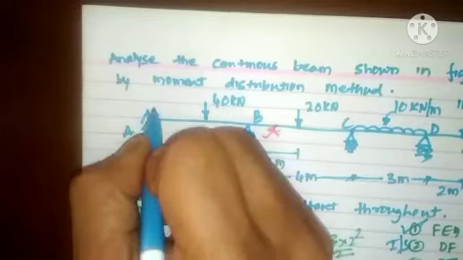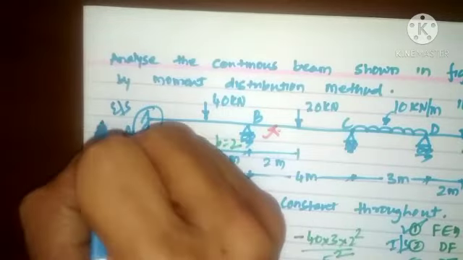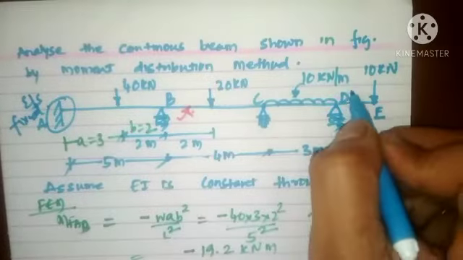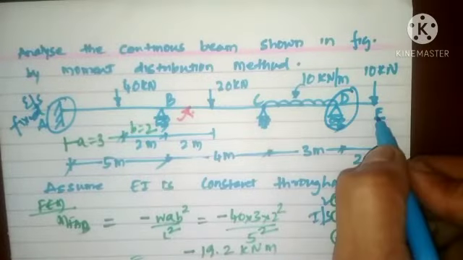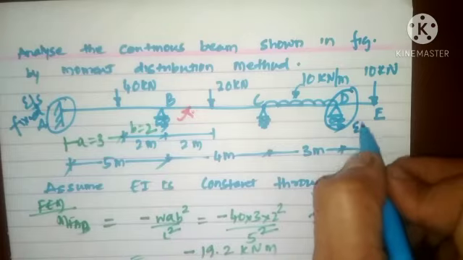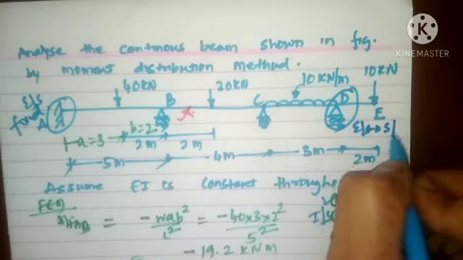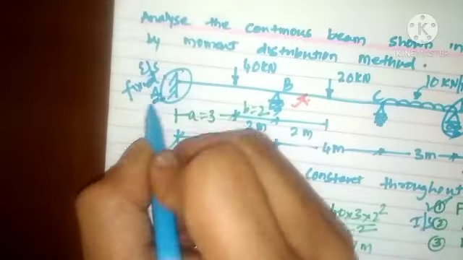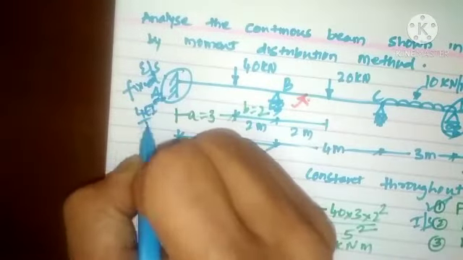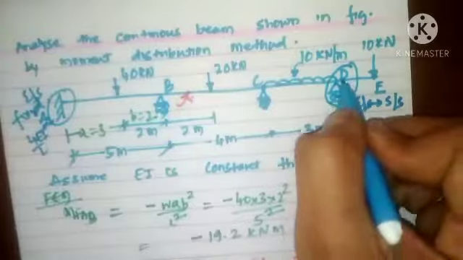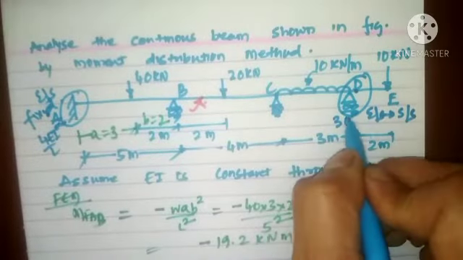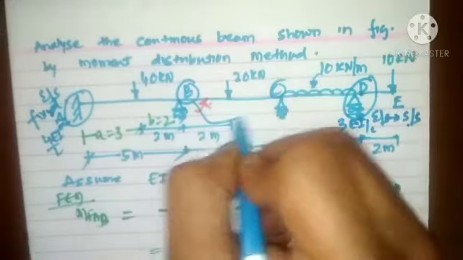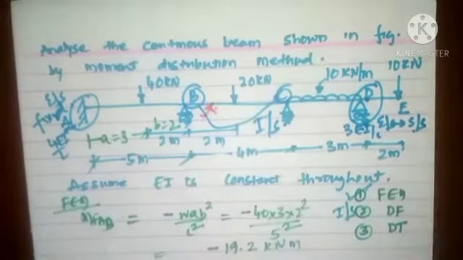If you look at the diagram here, A is the end support and the type of end support is fixed. And D is the other end support. E doesn't have any support, so D is the end support, and the type of end support here is simply supported. Now when you take A, the formula will be 4EI by L because it is fixed support. When you take D, the formula will be 3EI by L because it is a simply supported end. Whereas B and C will be classified as intermediate supports.